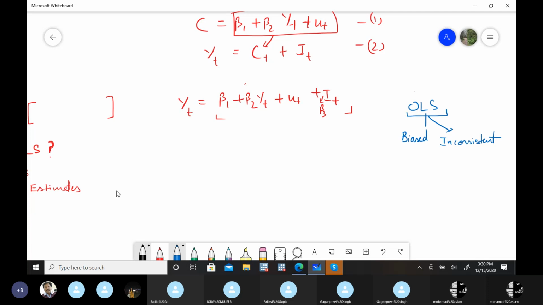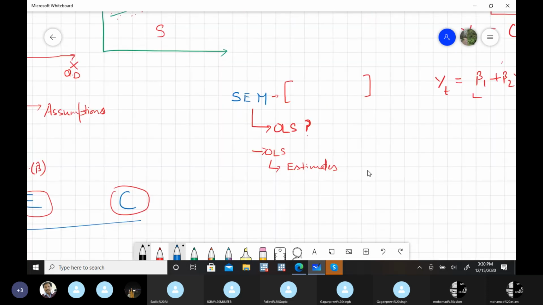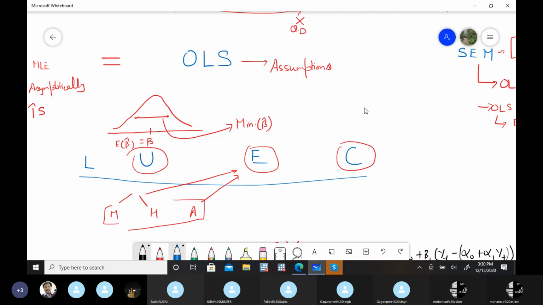Before I prove why the results are biased and inconsistent if we run OLS in this case, keep in mind that efficiency means this variance is minimum. Why do we need it minimum? Because we want our estimates to be near the population values, at least nearby, so that we can accept those results. Now, what is consistency? Consistency is generally that if the sample size increases,